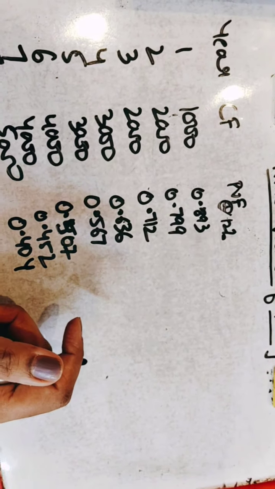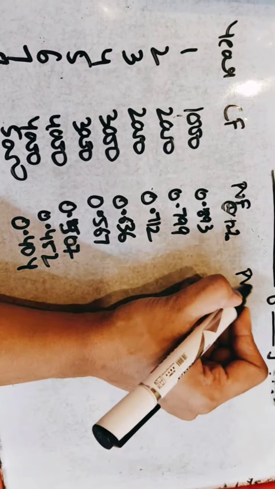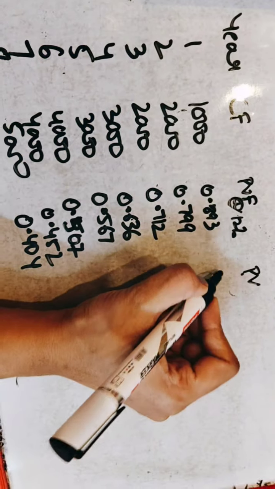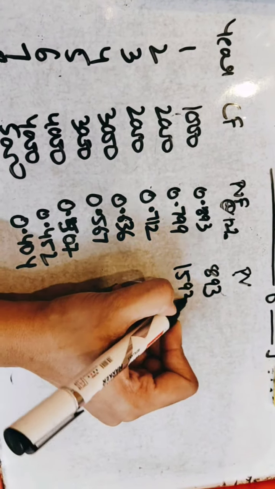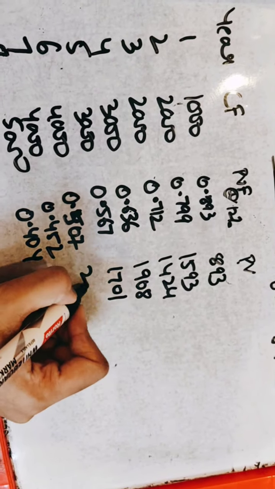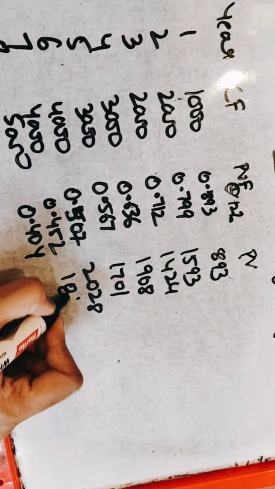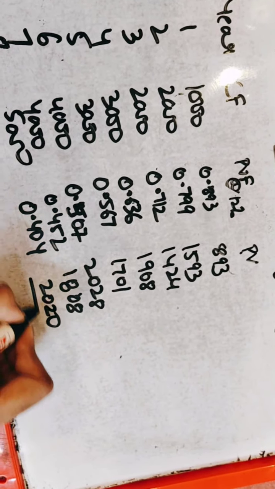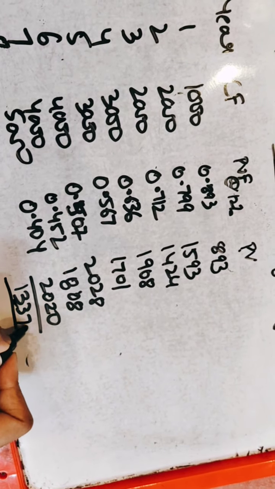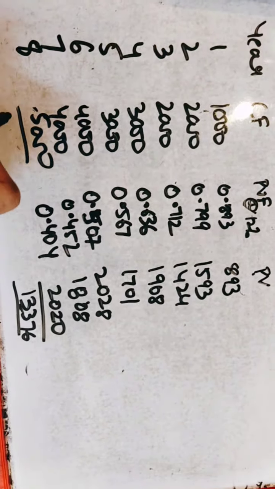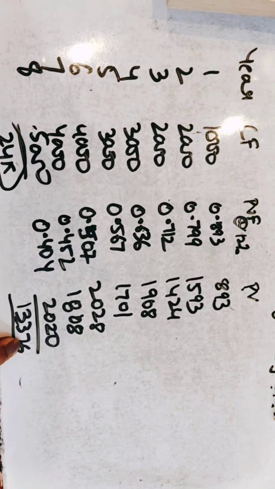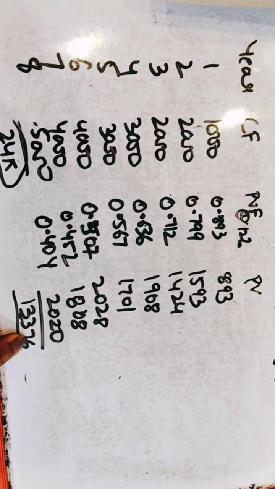These are the values of present value factor at the rate of 12%. So whenever we need to find out the present value, just multiply the respective cash flows with their present value factors. Simple calculators are always allowed in exam. So just total it. If you see here, we have inflows of 24,000, but the real value is just 13,376. So that's how we can take the prudent decision whether we have to invest in the proposal or not.